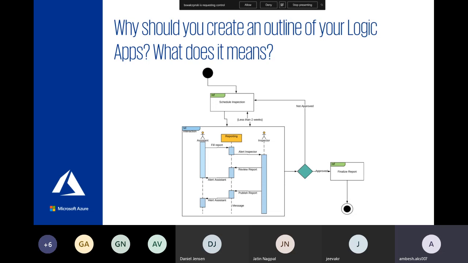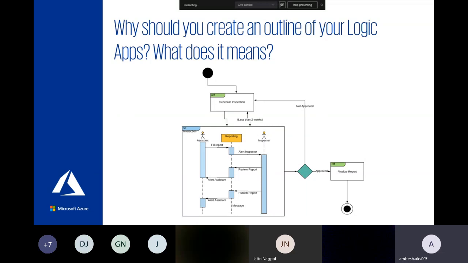So the image on this particular slide is not very much related to the Logic App architecture or something, but I would say it's more related to how you need to build any product XYZ. You need to create an outline. So it's more likely you need to create technical design documents, or you need to write your cases accordingly or complete business processes. So why I'm saying this, because what happened, like you got a requirement, okay, we need this, and